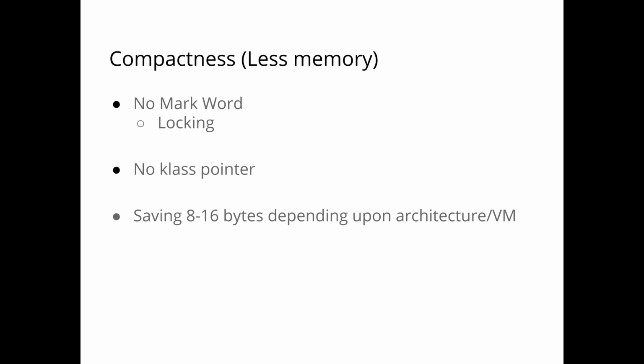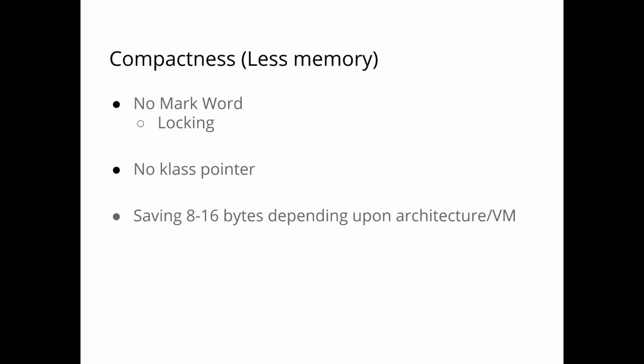So every time you use the built-in Java locks, like the synchronized keyword, it means you can use an object as a lock, and the information about where the lock is, what thread it's biased to, things like that is in the mark word, as is potentially some GC information. And there's also what's known as the class pointer. So that's a pointer to a class in the implementation called class, which refers to what type of Java class you have. And depending upon your architecture and VM, these kind of header things end up eating 8 to 16